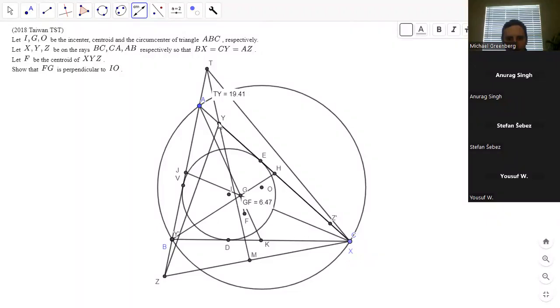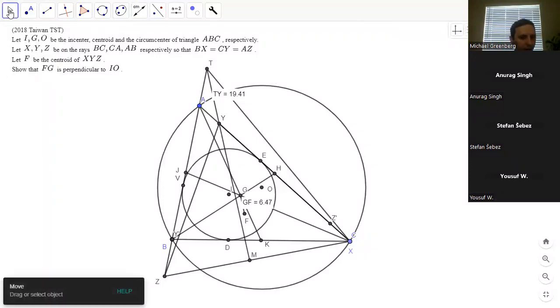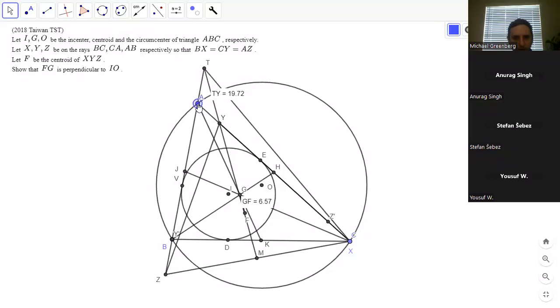Yeah, I think it is. So TY is going to just be 3FG, and it's just a vector calculation, which isn't the most elegant, but